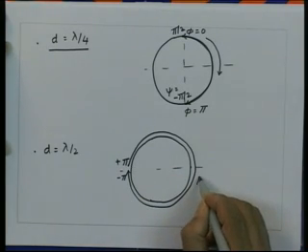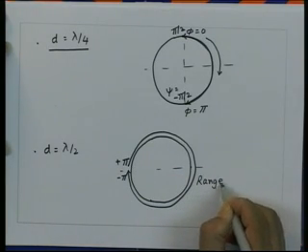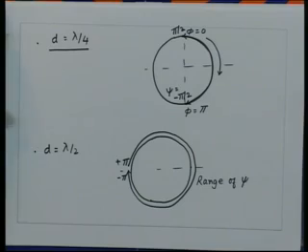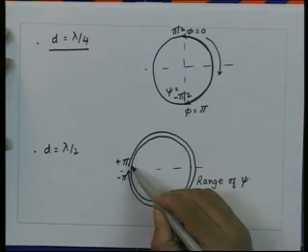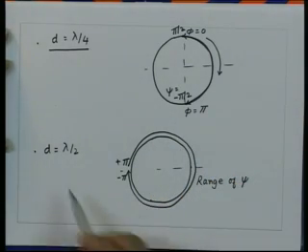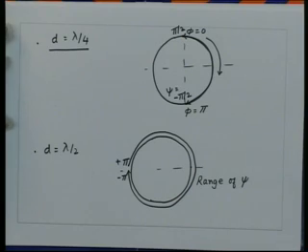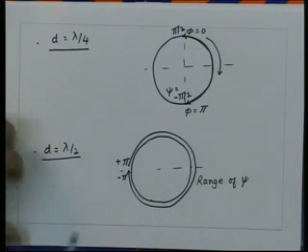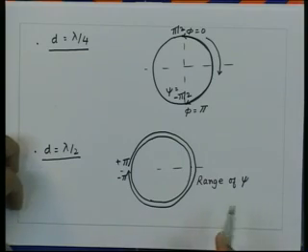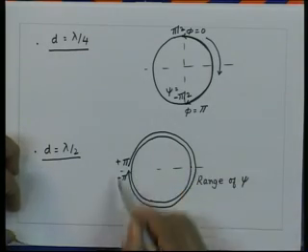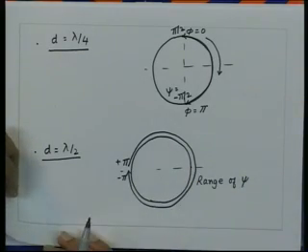That is your range of psi. So, essentially it covers all the points on the circle when d is equal to lambda by 2. If I increase the d beyond lambda by 2, then obviously the range of the psi will overlap with itself,